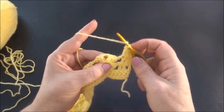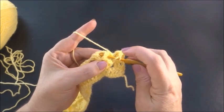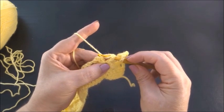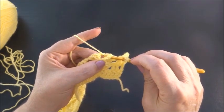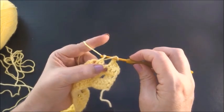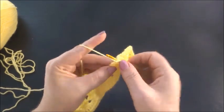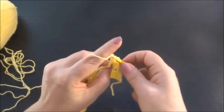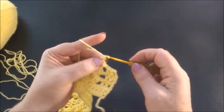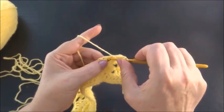So yarn over, insert the hook between the second and the third double crochet, and now I'm under the third double crochet and I go through the space from the shell. I grab the yarn through the space, under the double crochet, and I go through the second and the third double crochet, and here I finished the new double crochet. 2 double crochets into the space from the shell, 1, 2, chain 2, 1, 2, another 2 double crochets into the same space,